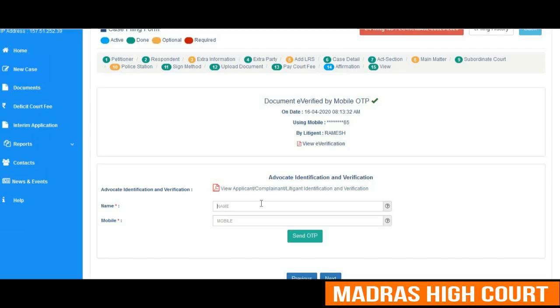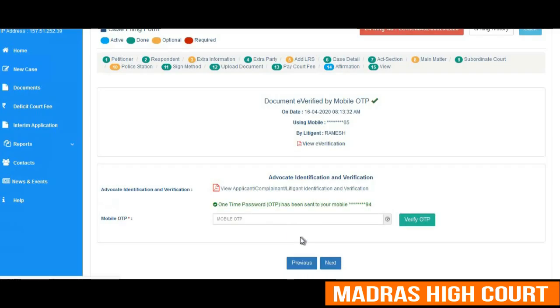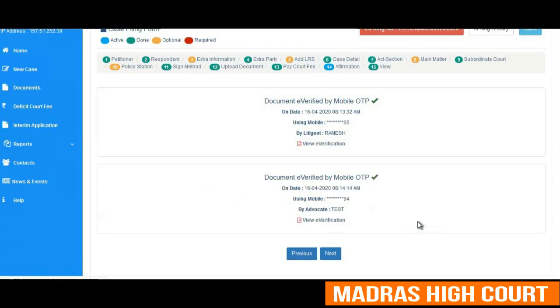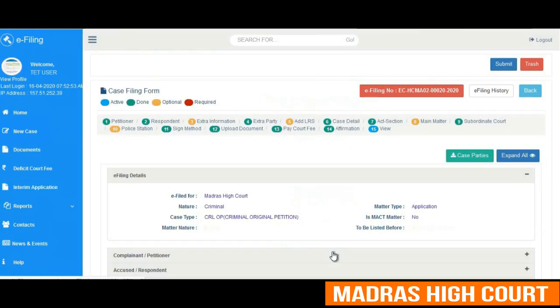Next comes the advocate identification and verification. The advocate has to type his name and the registered mobile number of the e-filing portal and press the send OTP button. An OTP would be generated and sent to his mobile number which is registered in this portal. The advocate has to type the OTP which he has received and verify the same. After verifying, the next comes the final submit,